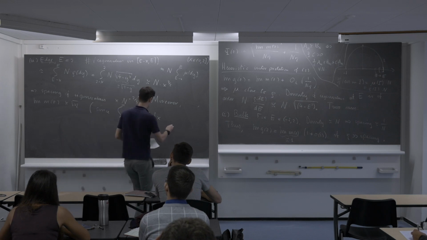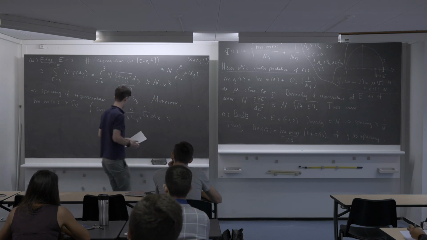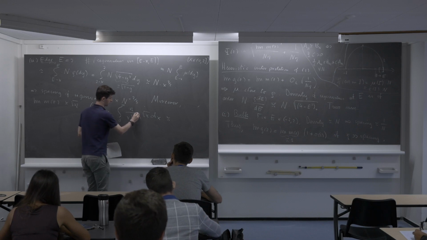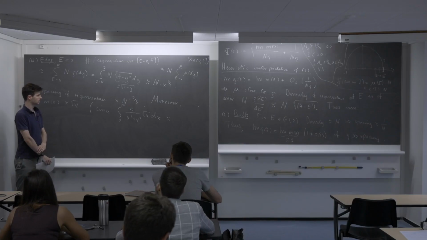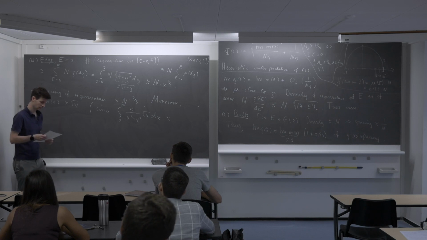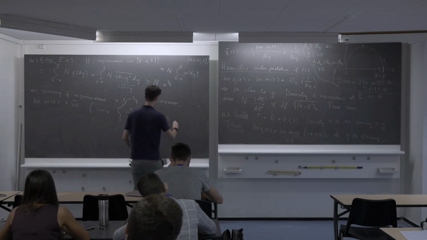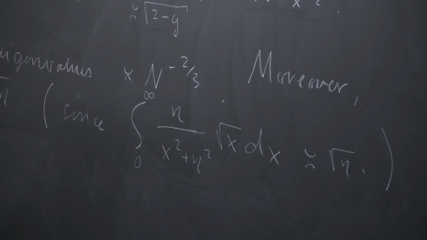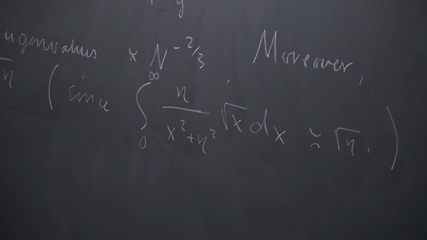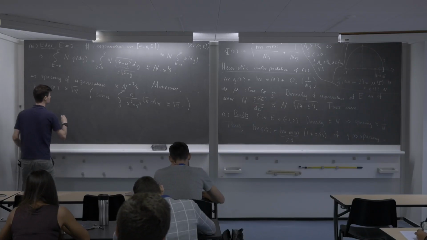And this is an elementary integral. You don't even have to compute it. You can just do a change of variables. If you replace x by eta x, you will see that you get some universal integral times square root of eta. Okay, so just by a simple change of variables. So this means